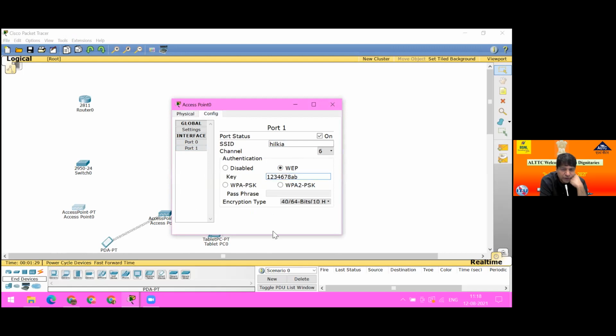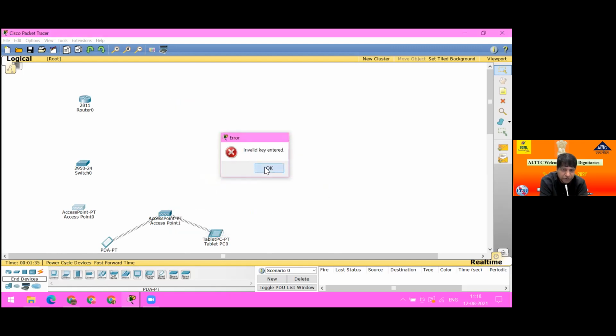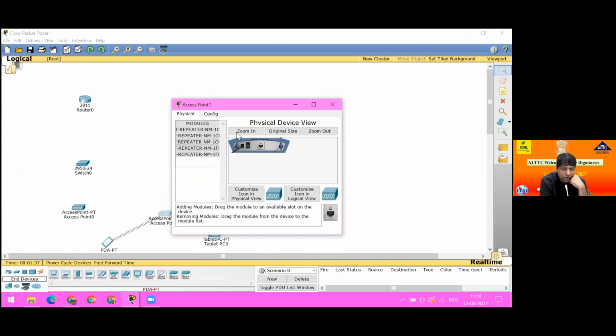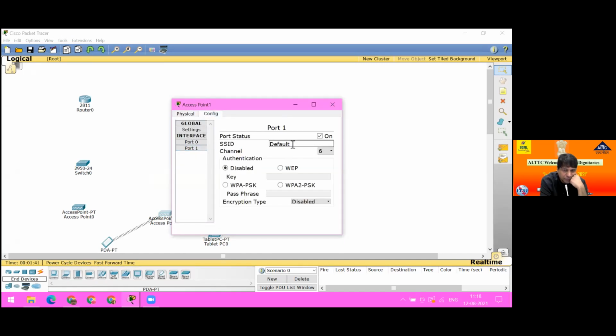Okay. Is it okay, sir? Close now. Not this, the complete digit, not 10. Again go. Update again. Password WEP: at least 10 digit, 10 character. 4, 5, 6, 7, 8 KB. Okay.